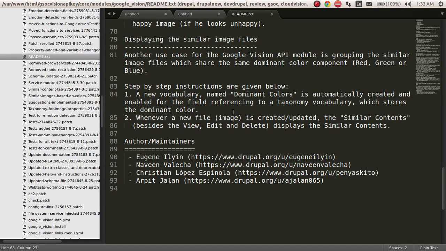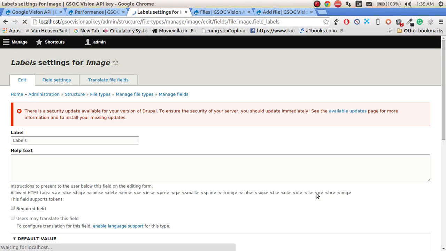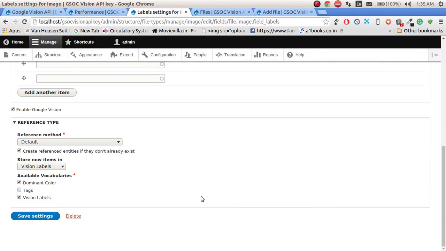So step-by-step instructions are: when you enable the module, a new vocabulary named dominant colors is automatically created and enabled for the field referring to taxonomy vocabulary which stores a dominant color. You do not need to do anything here in the first, but make sure that the dominant colors is enabled. So let's see. Click on edit. Now see, the dominant color is enabled for our vocabularies. So save the settings,